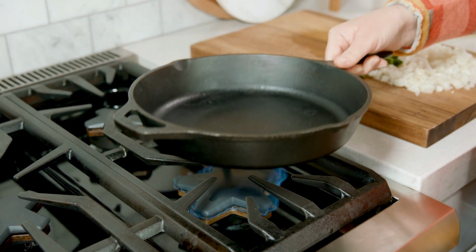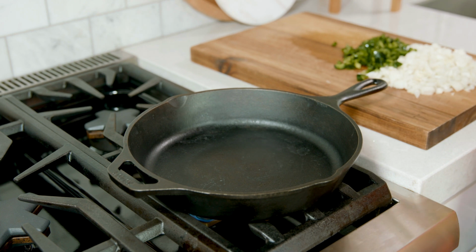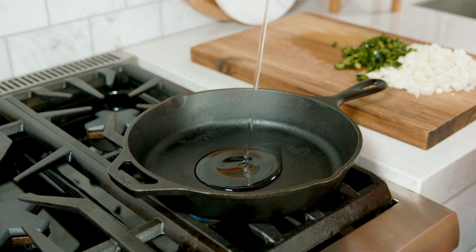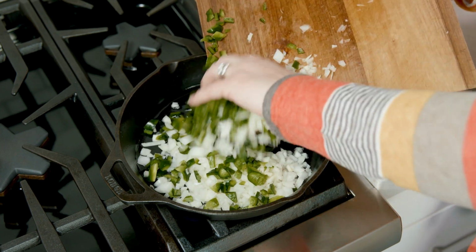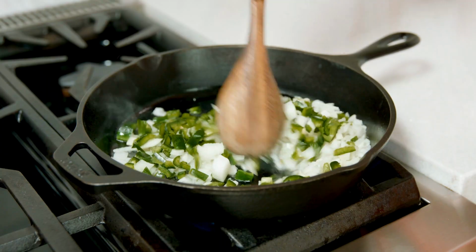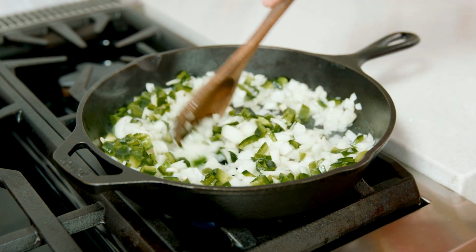Over medium-high heat, using a medium-sized skillet, we're going to heat up 2 tablespoons of oil. I'm using vegetable oil, but go ahead and use whatever you want and add in those onions and peppers. Saute those for about 7 to 10 minutes until they soften up and get a little bit of color on